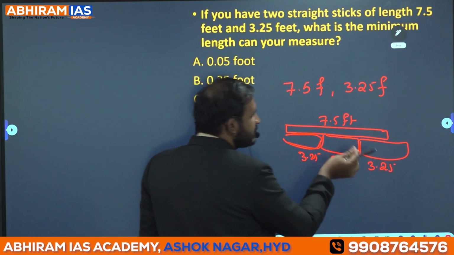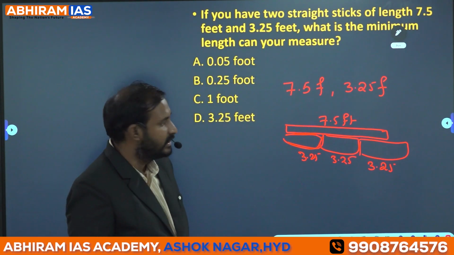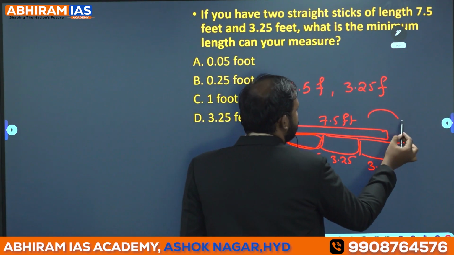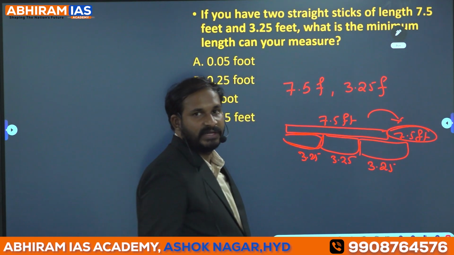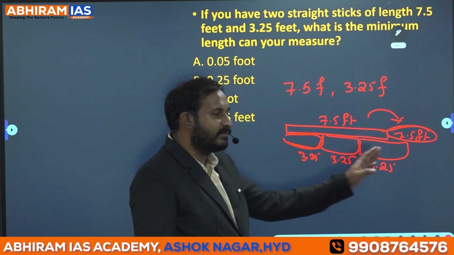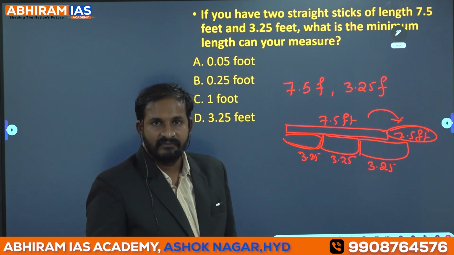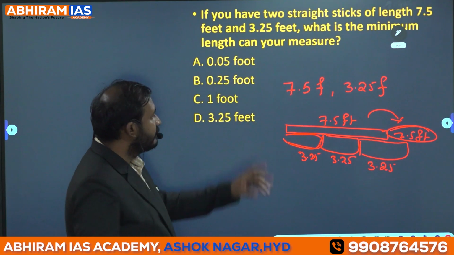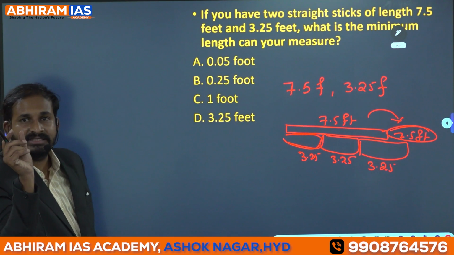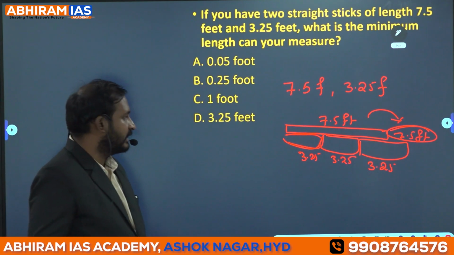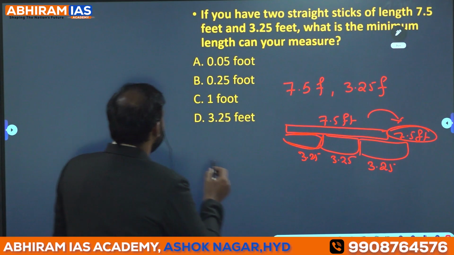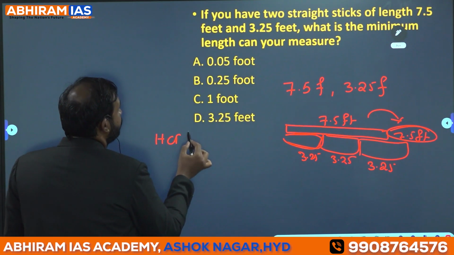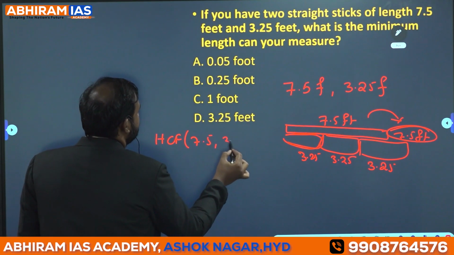If I once again put this one, what will I get here? 3.25. Like this I can place this multiple times, right? And similarly I can place the big one once again. If I put 7.5 feet, this will become a total of 15 feet. And this 3.25 I can place like this many times. So like this we need to tell when we will get the shortest difference, and that is nothing but the HCF of 7.5 and